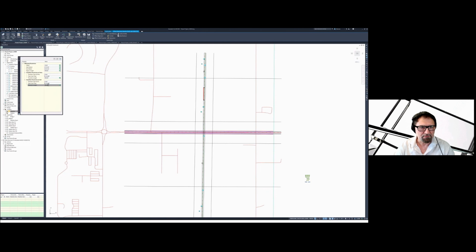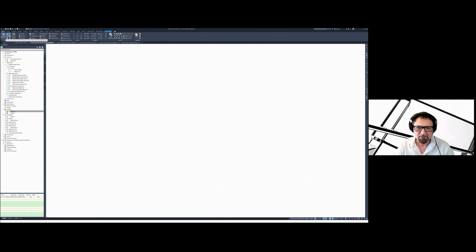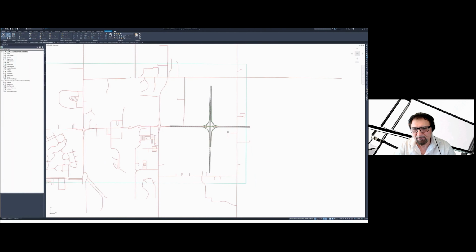So I'm just going to enter those values. This we would normally repeat on both sides of the alignment, and then we could add some additional geometry. So without spending too much more time on that, this is what you'd end up with, the final product.